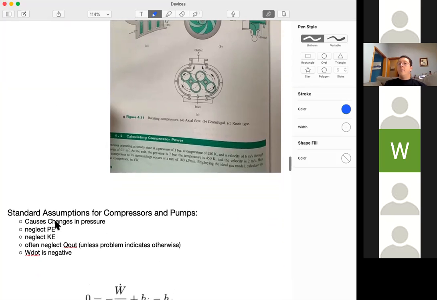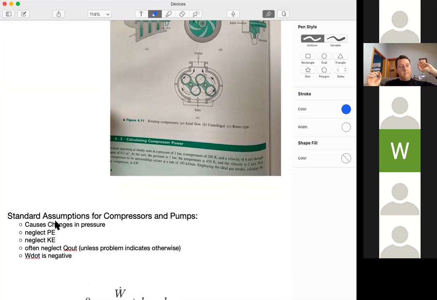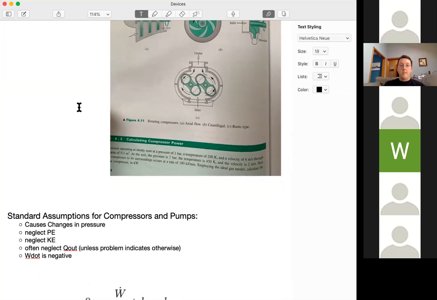So just like we had with a turbine or a nozzle and diffuser, there are various standard assumptions you can make. First of all, they cause,